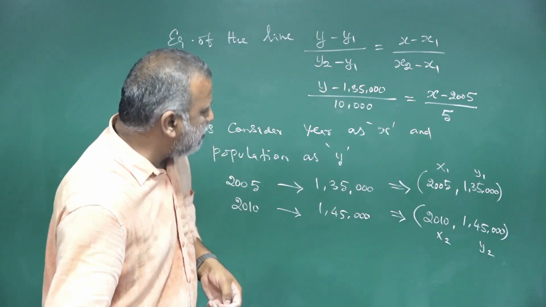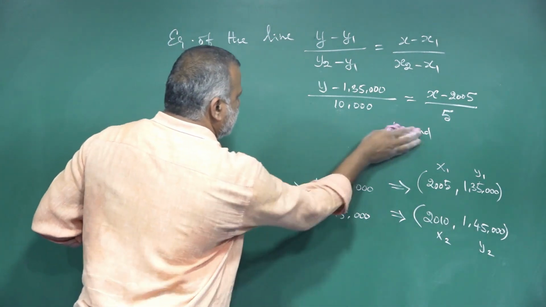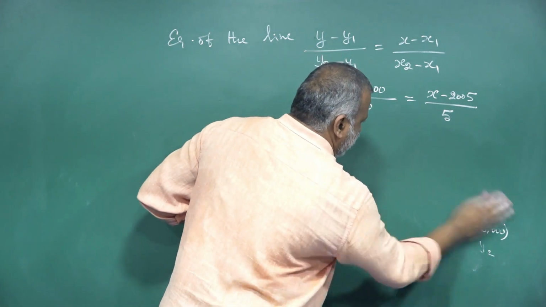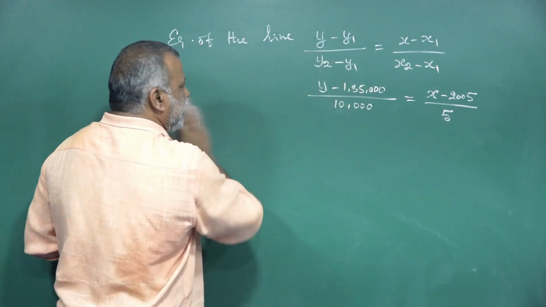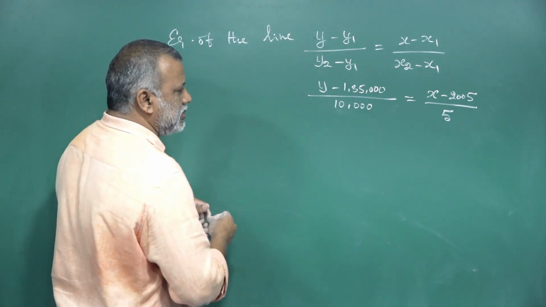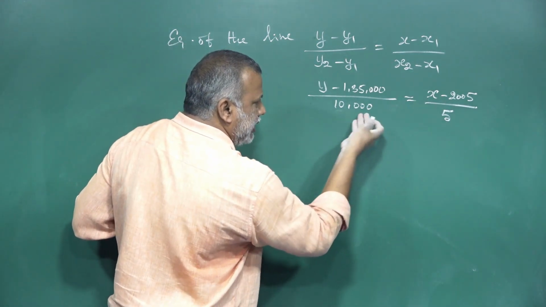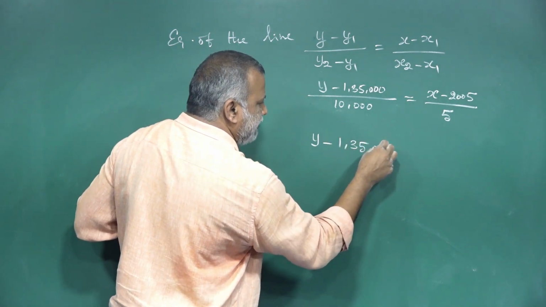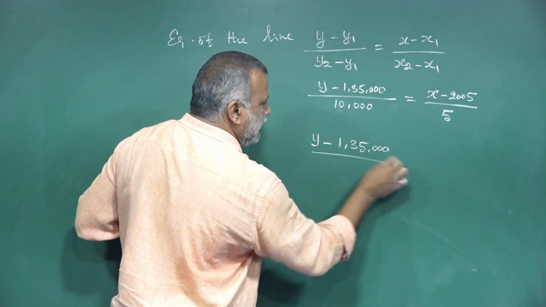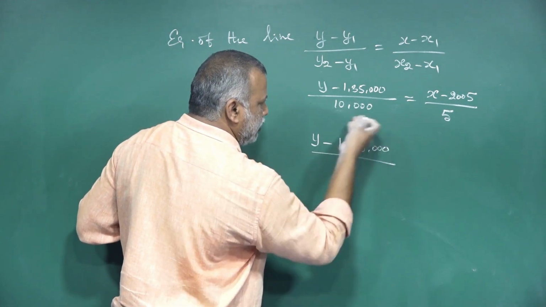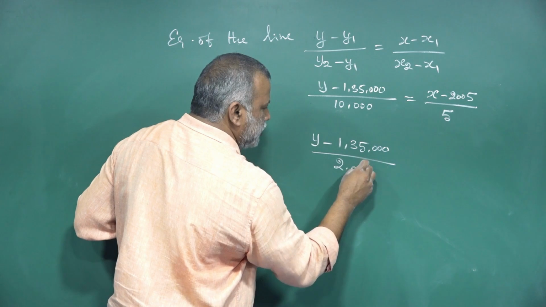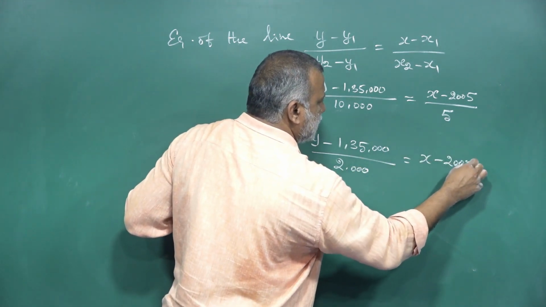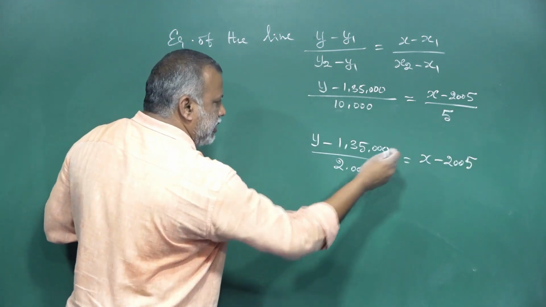Now we need to simplify this one. Then find the number of population in 2015. Very simple concept: the 5 and 10,000 can be simplified. y minus 1,35,000 divided by 5 times, we are able to cancel this one. We can get 2,000 straight away is equal to x minus 2005. Just cross multiply this one,